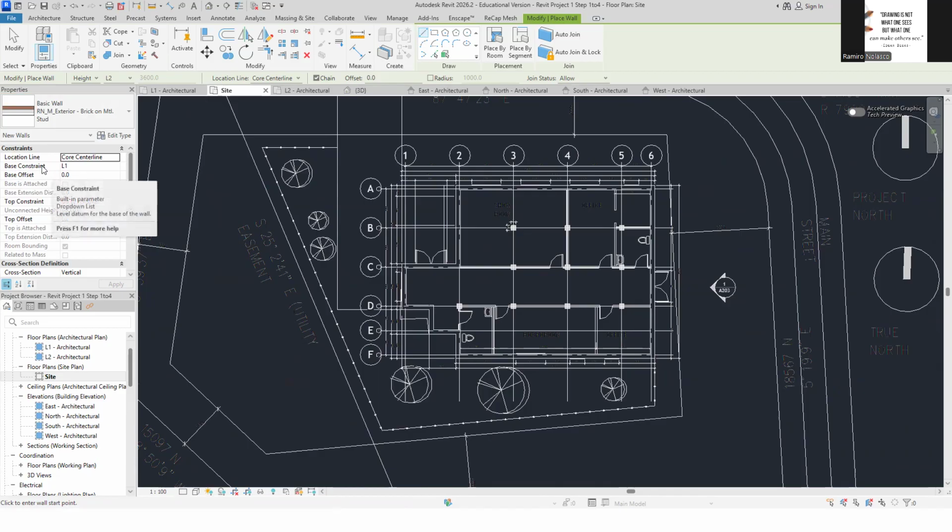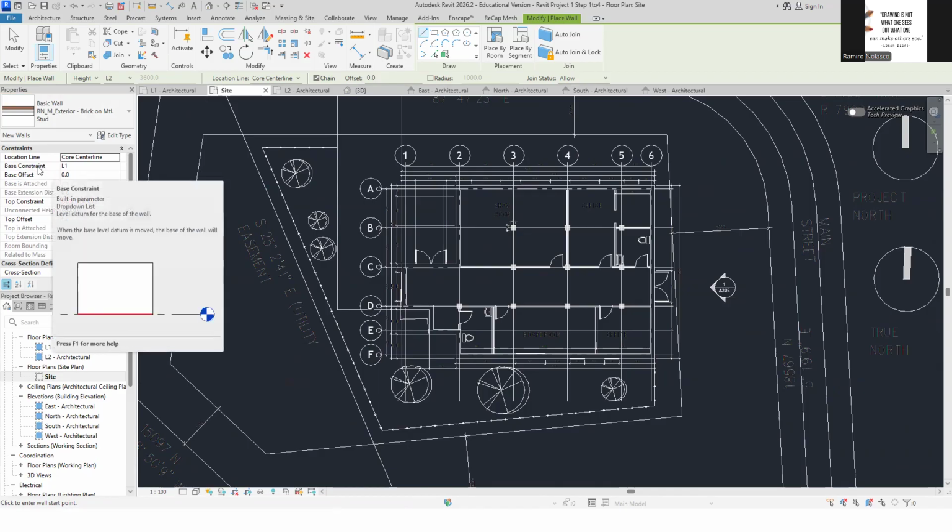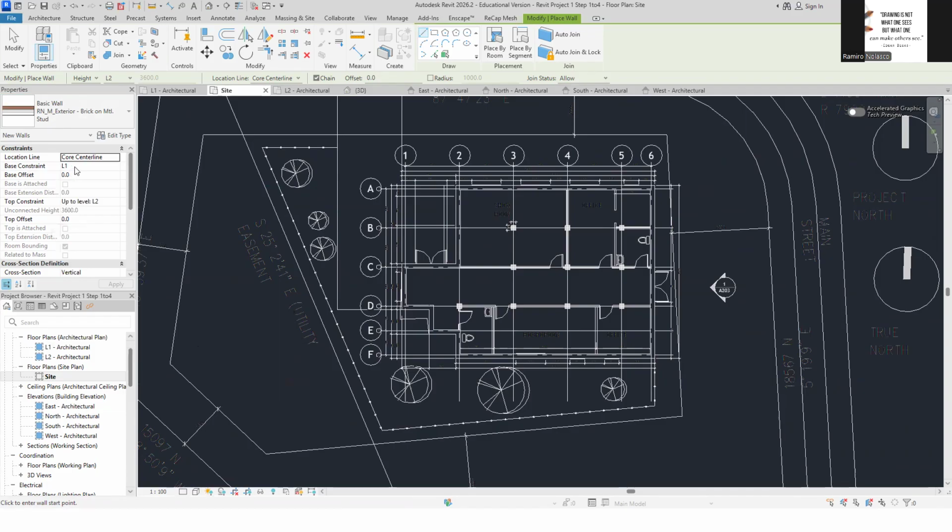The base of the wall, because we're making a 3D model, the base is at level 1, which is our ground line. You can rename that. You can have a base offset going up or down. So the building or the wall could be higher or lower than the base. And then the top is at level 2.